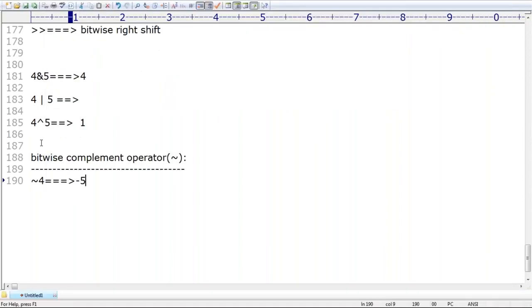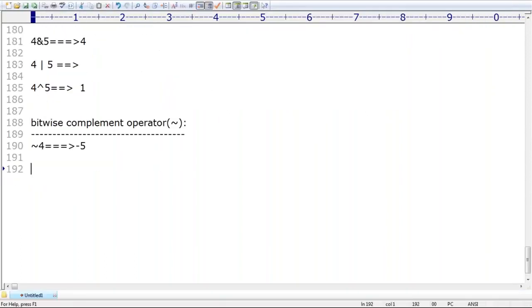Very simple, sir. Assume 4 is going to be represented in 32-bit. Even if you are not getting it, don't worry. For the people who can think, it is a matter of 2 minutes. I just want to provide an overview, I'm not going to explain in detail. You are not required to worry about this level at first, but memory level understanding is required. Assume 4, how is it going to be represented internally?